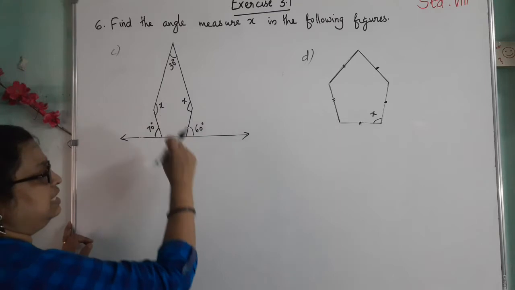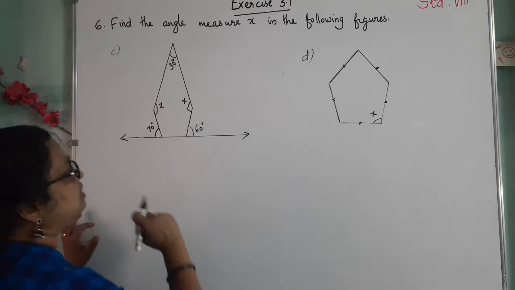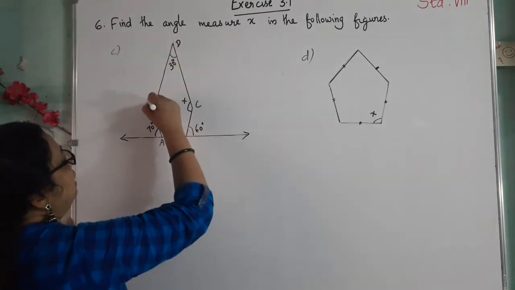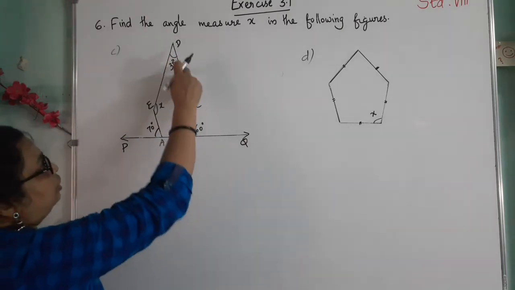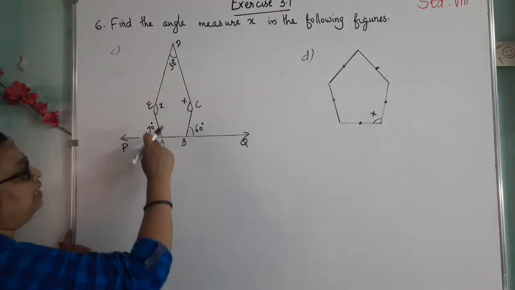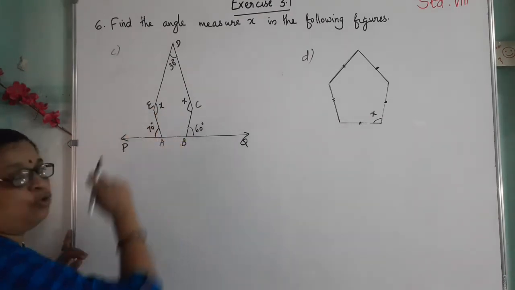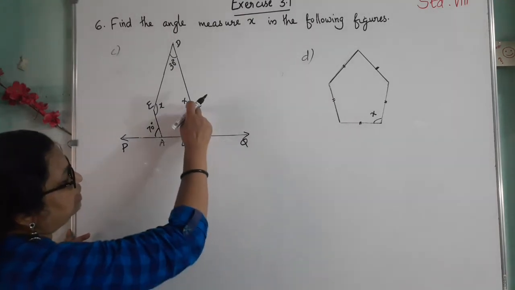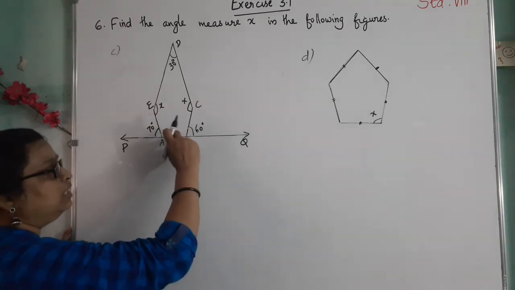Then sixth question, see here 30 degree, here x, here also x. This angle, that is the exterior angle, 70 degree and here 60 degree. We want to find out this x. Let it be A, B, C, D, E, and this is P, Q, this line. So 1, 2, 3, 4, 5 sides are there, so it's a pentagon. Angle EAP plus angle EAB forms a linear pair. Here also angle CBQ and angle CBA form a linear pair. So from that we can find out this interior angle.